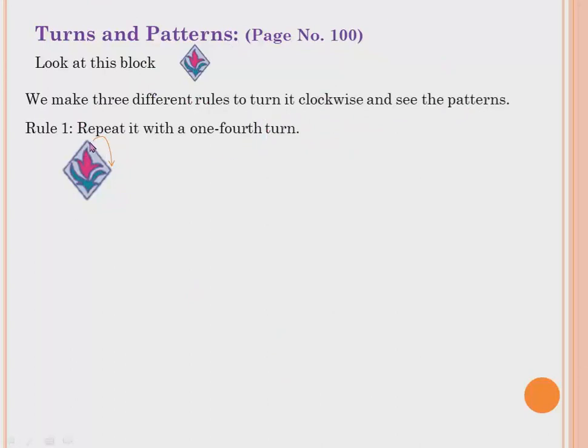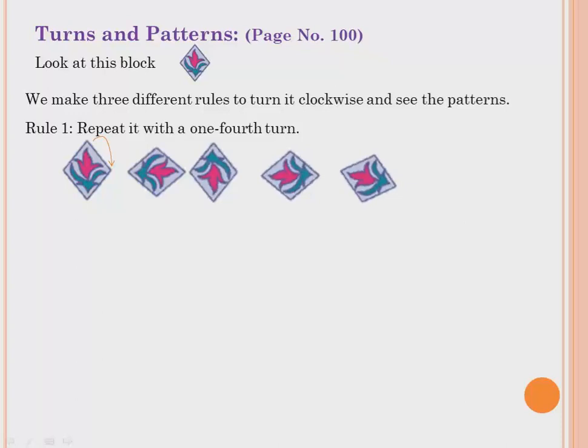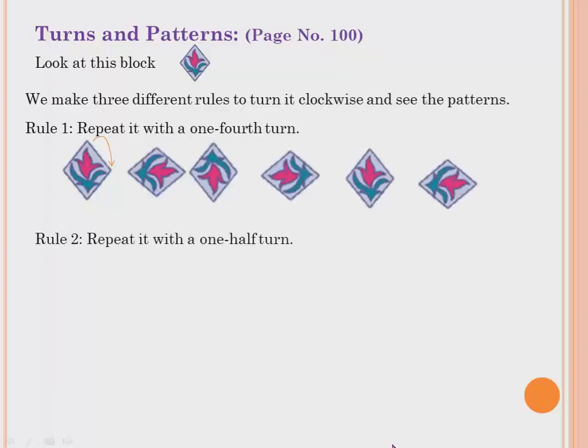Already we have seen what a 1/4 turn is, turning from this side to this side. If the flower is facing here, and it turns from that side to this side, then it becomes a 1/4 turn. Now let's see the 1/4 turn. Yes, understood? Now again a 1/4 turn, let's see. The image is like this. Now if I make it a 1/4 turn, it will face down. Again a 1/4 turn, it will go to this side. Again a 1/4 turn, it will go up. Understood? Did we come to the same pattern? Yes. Now again a 1/4 turn means it will repeat similarly. Next, repeat it with a 1/2 turn.